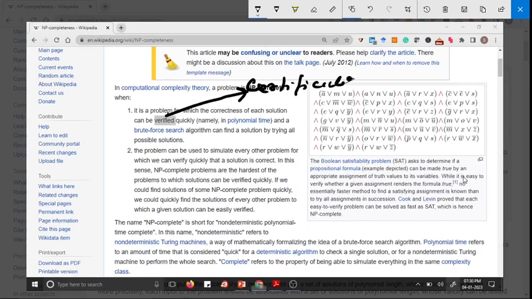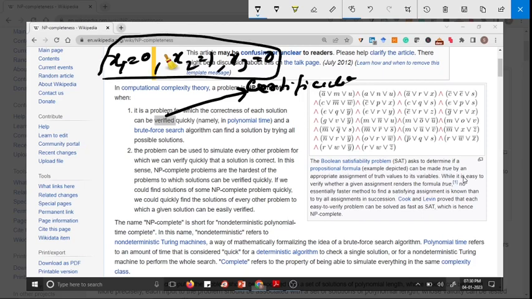Certificate means, let's say for some particular input x1 equal to 0, x2 equal to 1 and x3 equal to 0. This is a certificate for a particular graph. For this input, a graph becomes Boolean 1, output is 1. So this will become a certificate. So it is a problem whose correctness can be verified quickly, in polynomial time. Quickly is a term which is used corresponding to O(n^k).